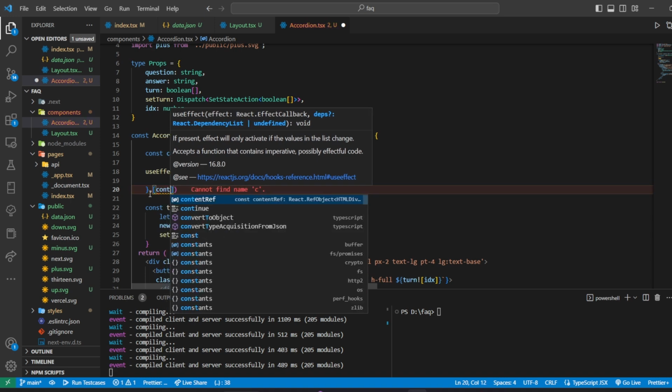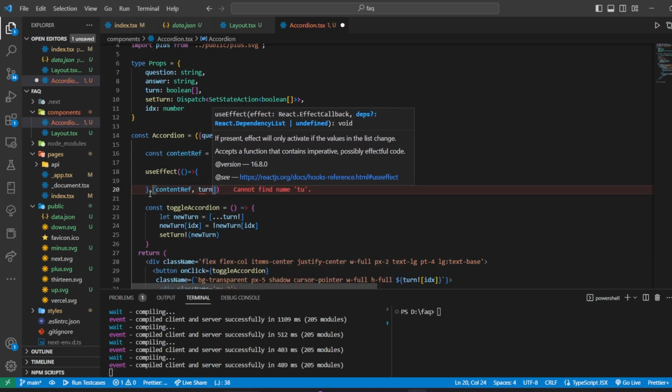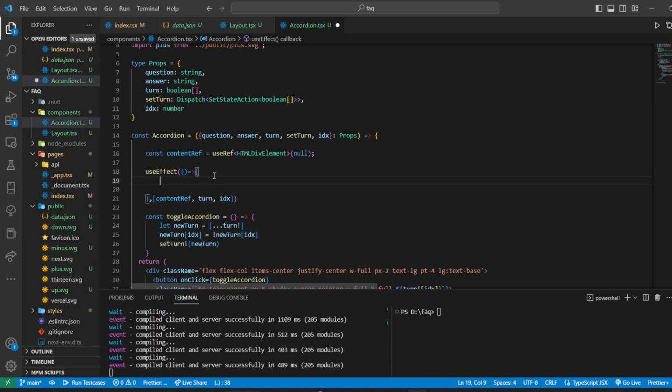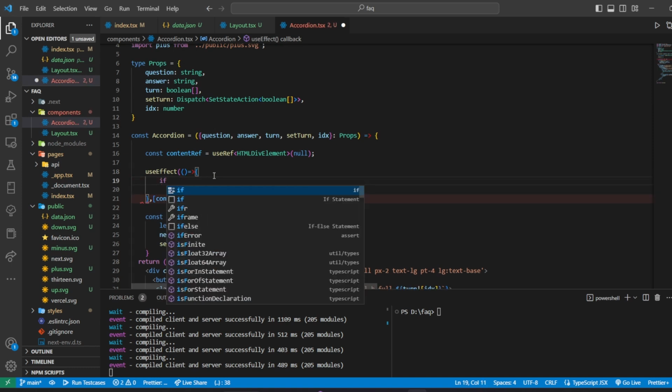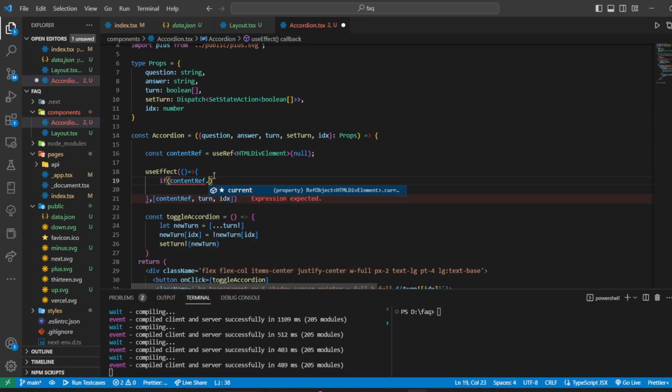It will be contentRef, turn and index. Inside the useEffect, I'll write if contentRef.current, meaning if it is chosen or selected, then